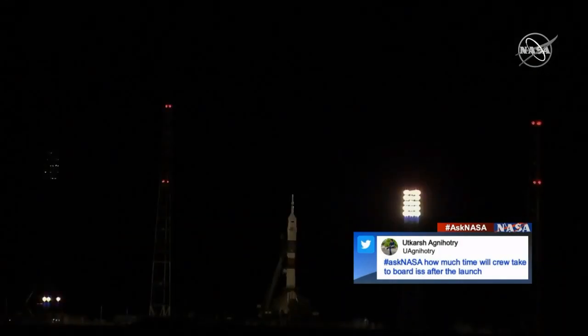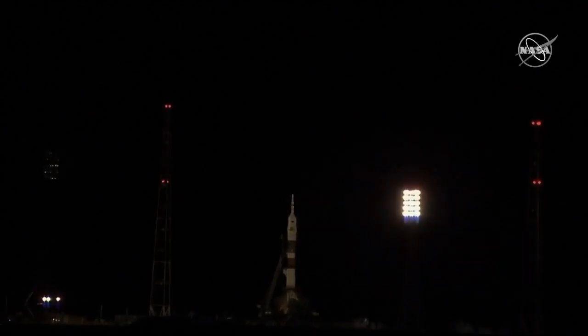2 hours later, the hatches will open and they'll enter the vehicle and provide a short welcoming ceremony, talking to friends and family on the ground, positioned in a hotel not too far from the launch site in Kazakhstan. Shortly after that, there will be a safety briefing, and then not too long after that, they'll head right to sleep. It's been a long day for the crew on board the Soyuz MS-12 vehicle, as well as